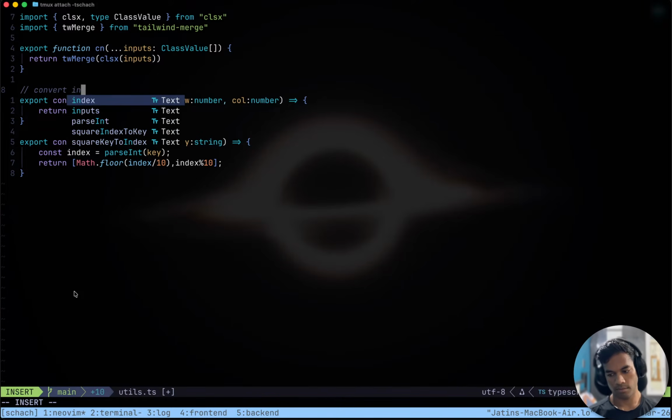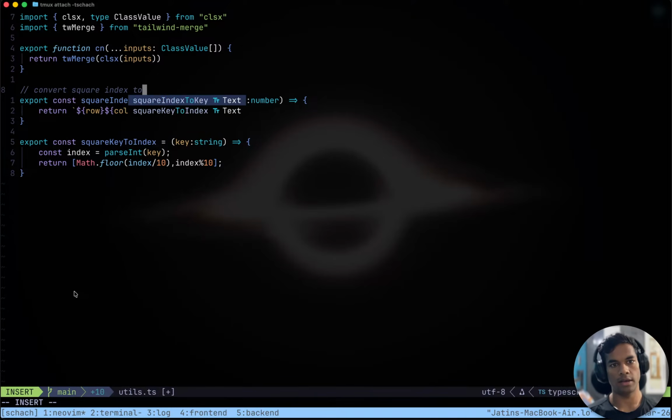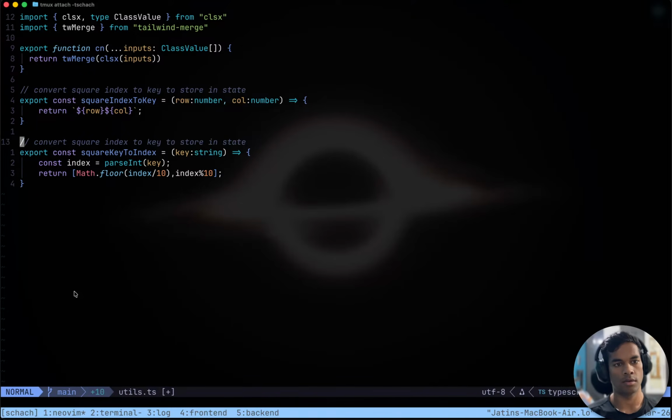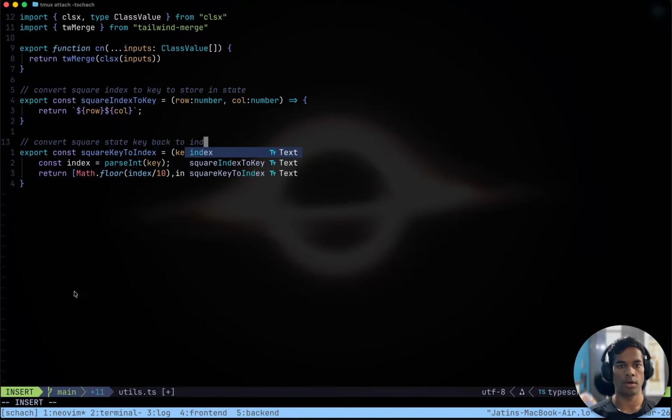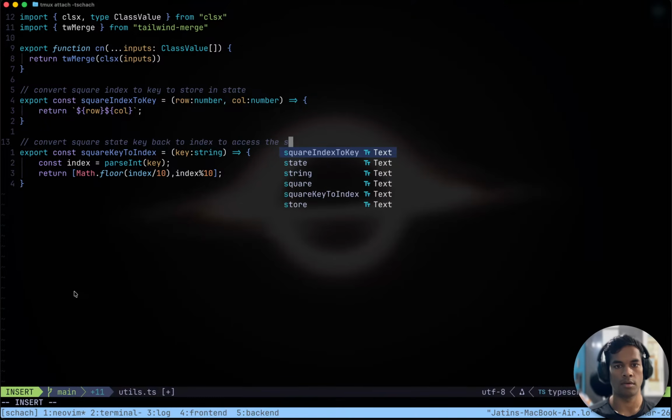Convert square index to key to store in state, and here convert state key back to index to access the square.